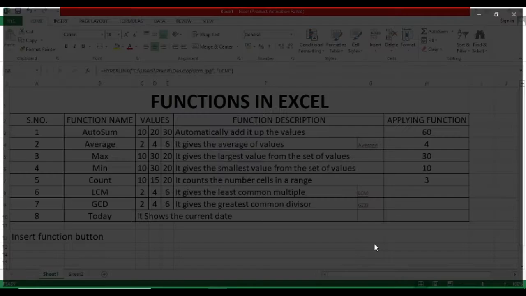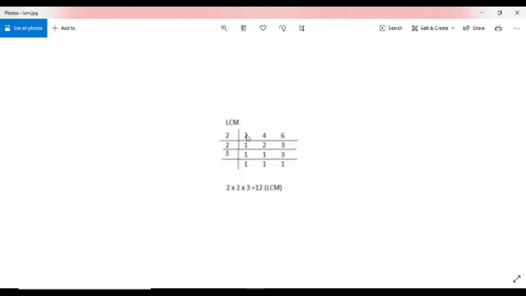What is the LCM? Here we are finding the LCM of 2, 4, 6. First of all you should divide by 2. So 1 and 2 will come here and 3 will come here. Then divide these values again by 2. This value is not divided, this also is not divided, so this will stay the same and it goes one time.